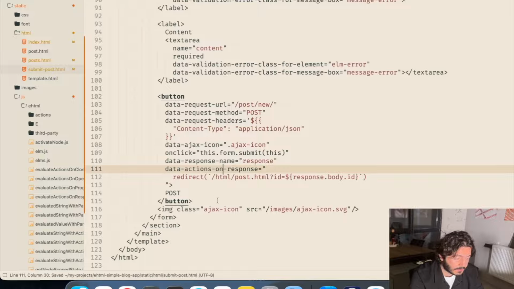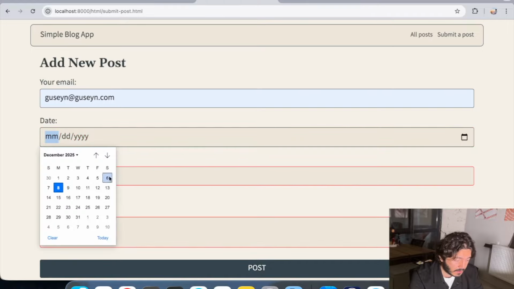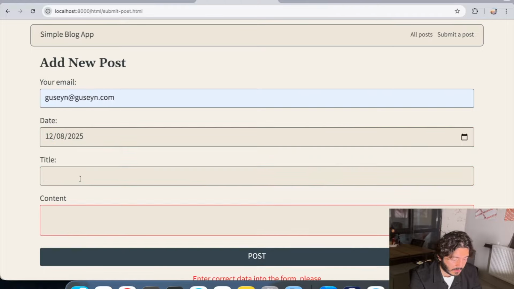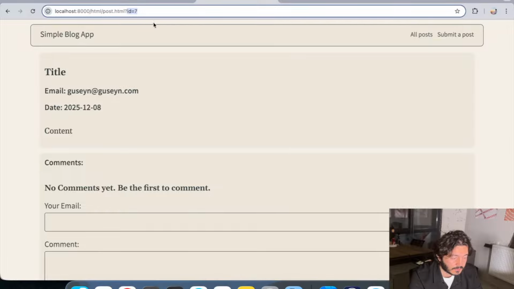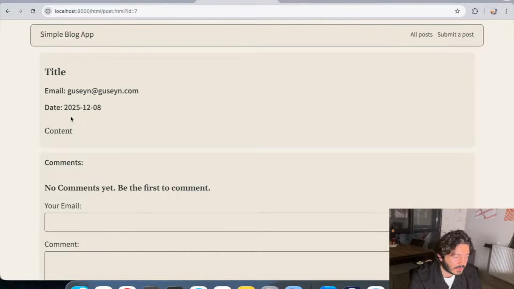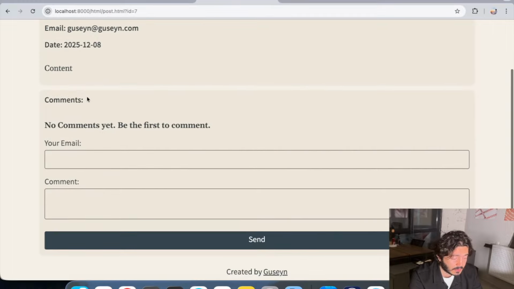All right, so here we go, and just to demonstrate how it works, let's create one more post. We're just going to select everything here. Okay, and let's click post. And as you can see, we redirected to the post with ID 7. Here we have our title, email, date. We have our content that we actually submitted. And of course, there is a comment section